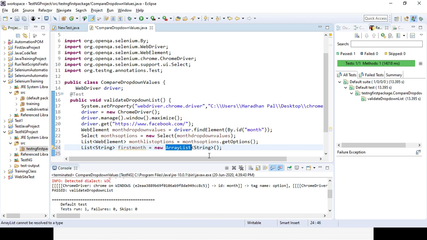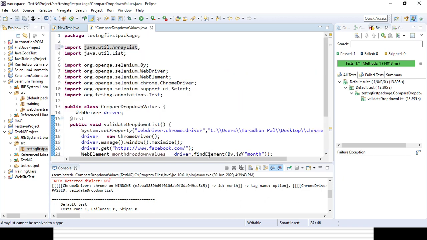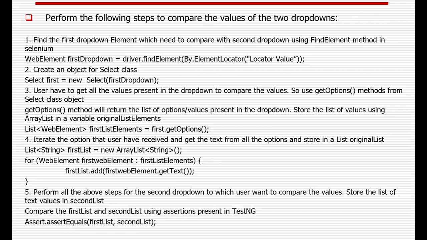Iterate it, right? You need to iterate the options that the user has received and get the text from the option and store into the list, the original list, right? So I need to iterate it.